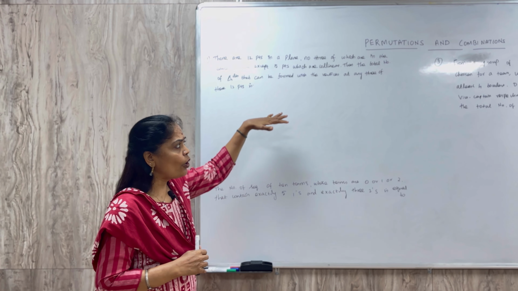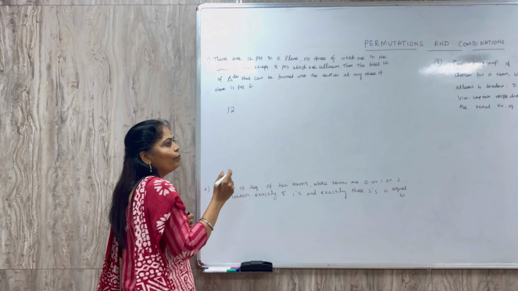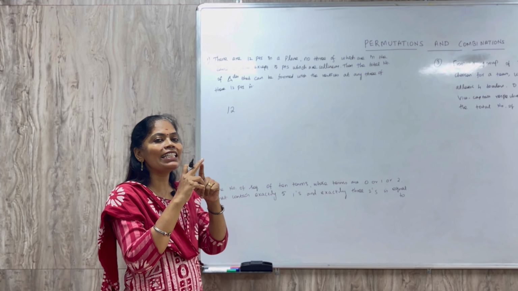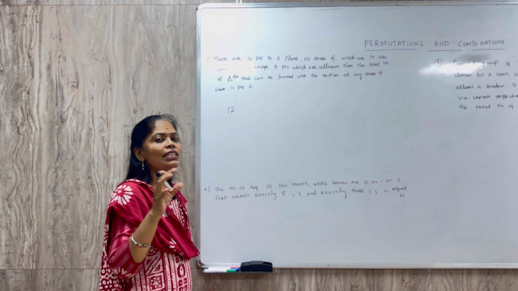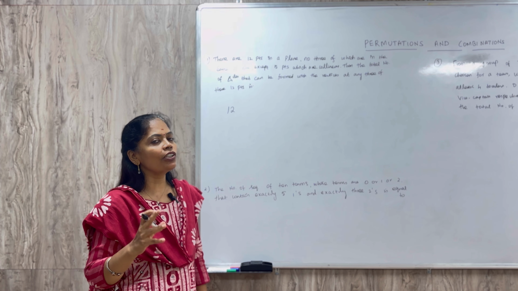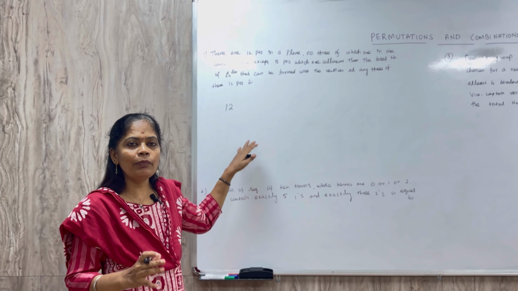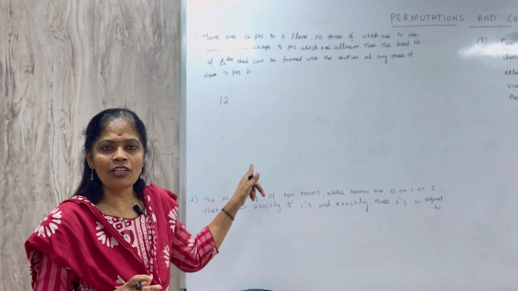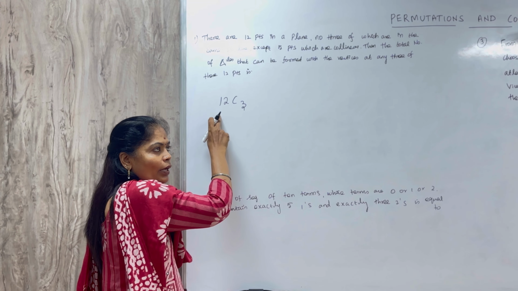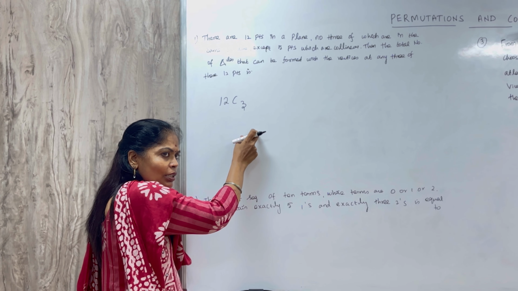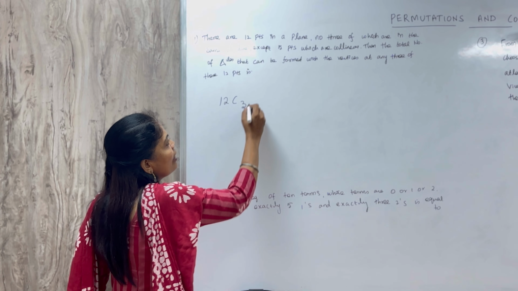How many points in the plane? Totally 12 points are there. From the 12 points, I have to draw a triangle joining any 3 points, right? So any 3 points I can select. I have given the introduction in combination. I am selecting 3 points from the plane, so I am using the combination. So 12C3 means out of the 12, I am going to choose 3 points. Why am I choosing 3? Because they are asking how many triangles can be formed. 12C3 minus